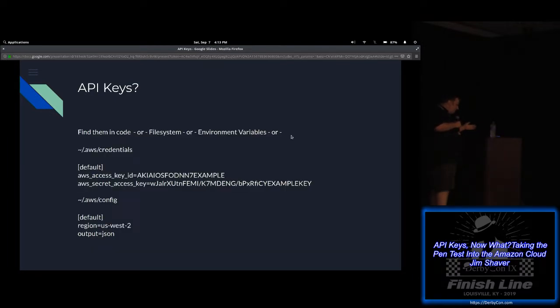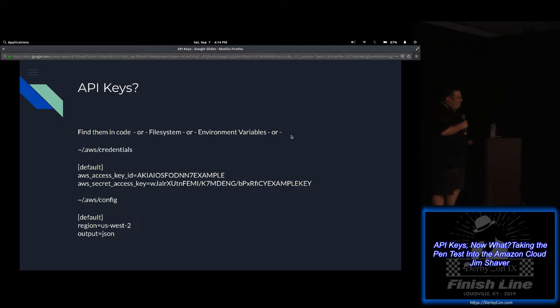Actually first, where else can I find API keys? You can find them in code. You can also find them in a system if you hack somebody's VCS or get a shell on a box. That's one of the reasons why attacking the API with API keys is a lot better than attacking the AWS console with a username and password. It's because API keys are left lying around all the time, a lot more often.